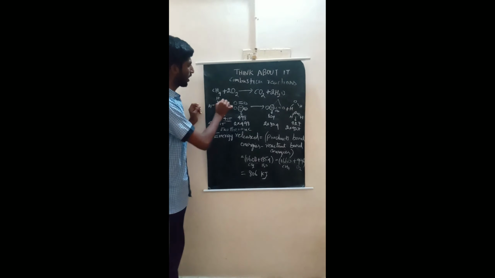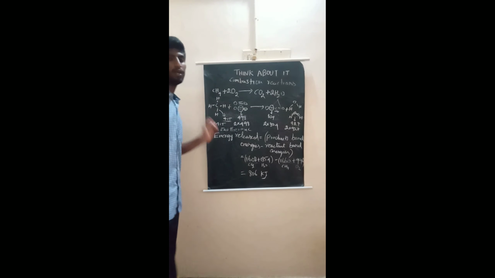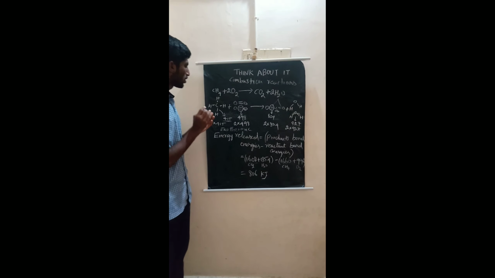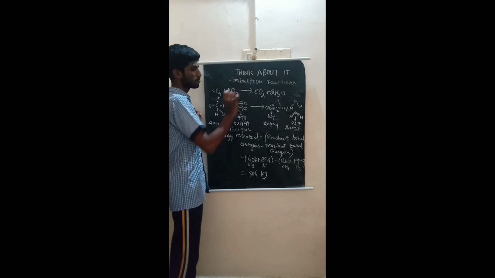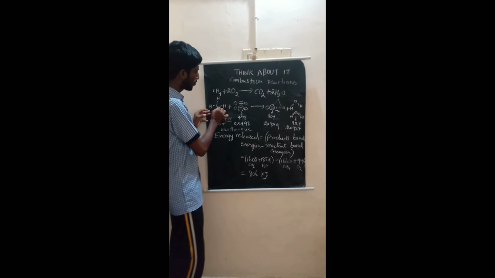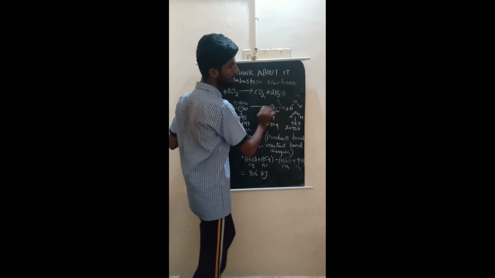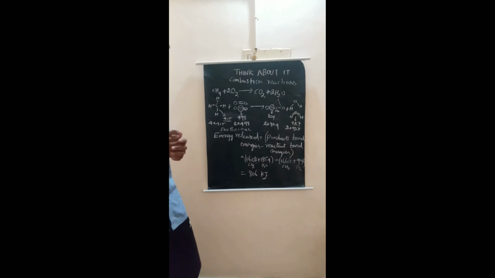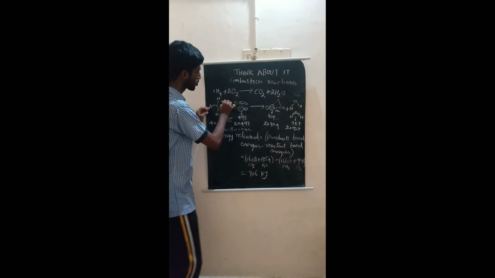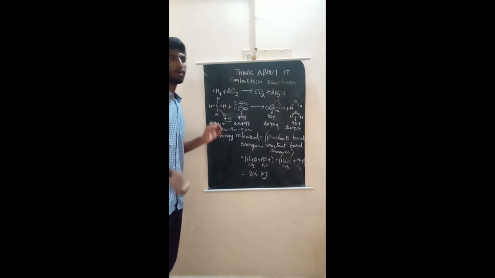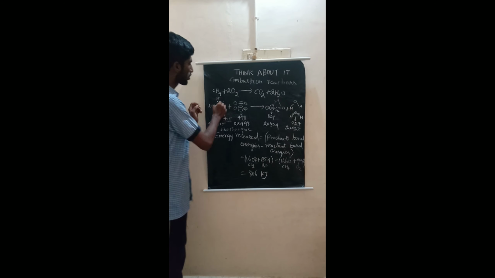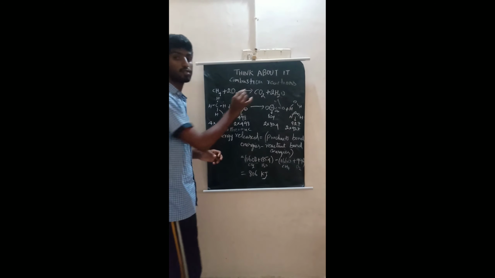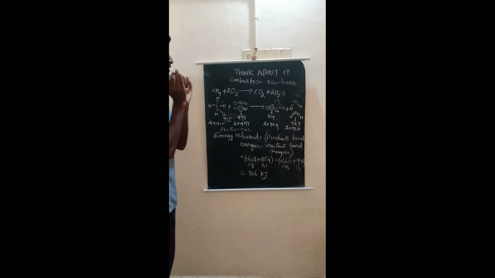This means the reactant and product sides: the carbon is also bonded with approximately the same strength. The carbon bonding here and the carbon bonding there are somewhat similar. We do not say that one is the stronger bond, because in both molecules the carbon atom is bonded with the same strength.